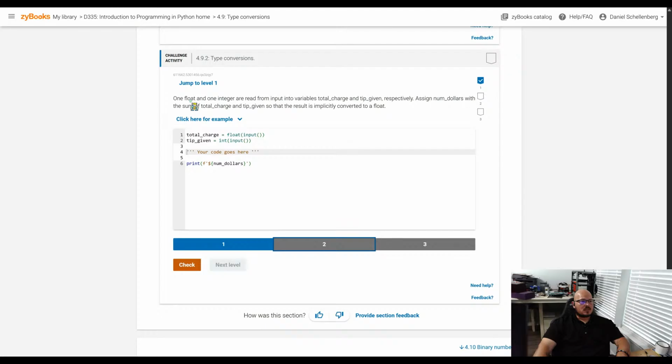One float and one integer are read from input into variables total charge and tip given, respectively. Assign num dollars. So let's create num dollars. I like to break these up into pieces so it's not so overwhelming. So I usually go step by step on it. So assign num dollars